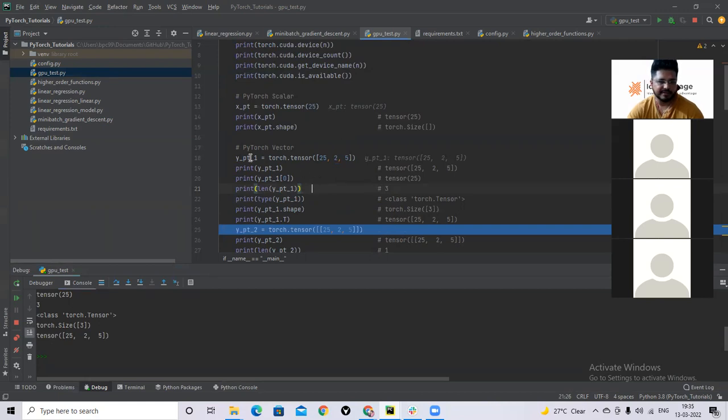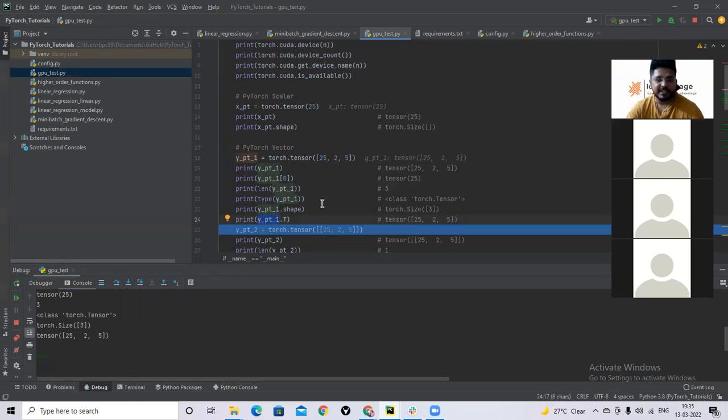So I had a vector here. I did its transpose, but it did not change anything. So why is that? Any idea? Are you guys there or did you sleep? No, we are there.